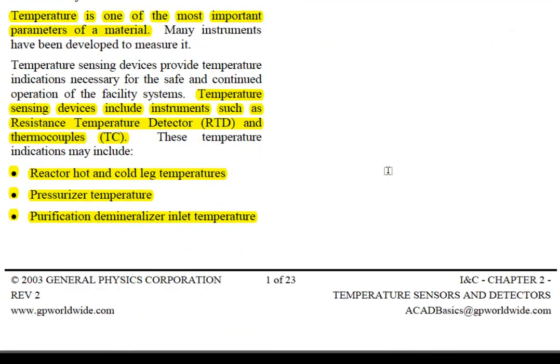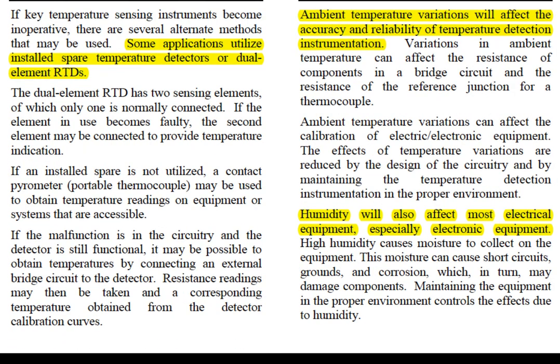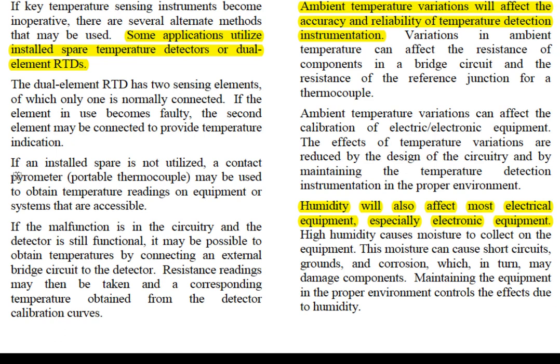All right, moving on. Page 2. Here we go. They're talking about some of the detector problems. In the further part of the chapter, we get into more detailed issues about detector problems. These are pretty much in a nutshell. Speaking about RTDs, which is resistive temperature detectors, they talk about having an additional spare